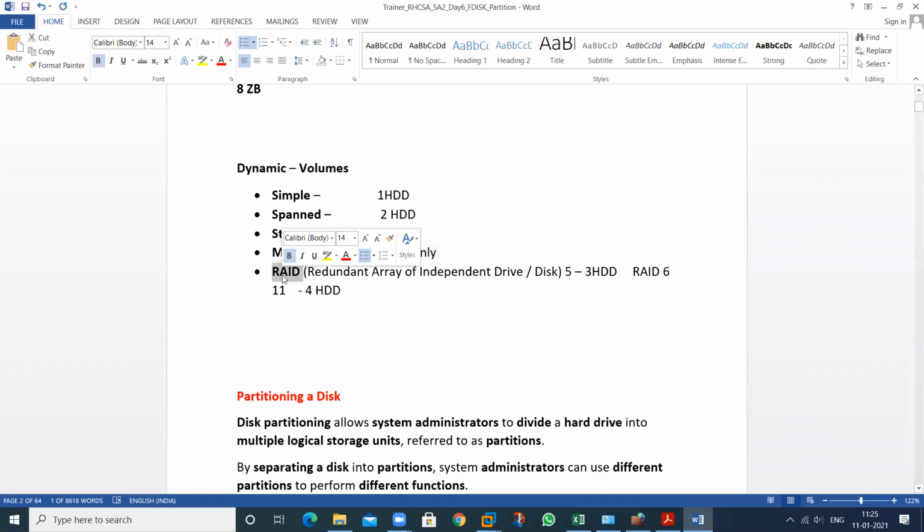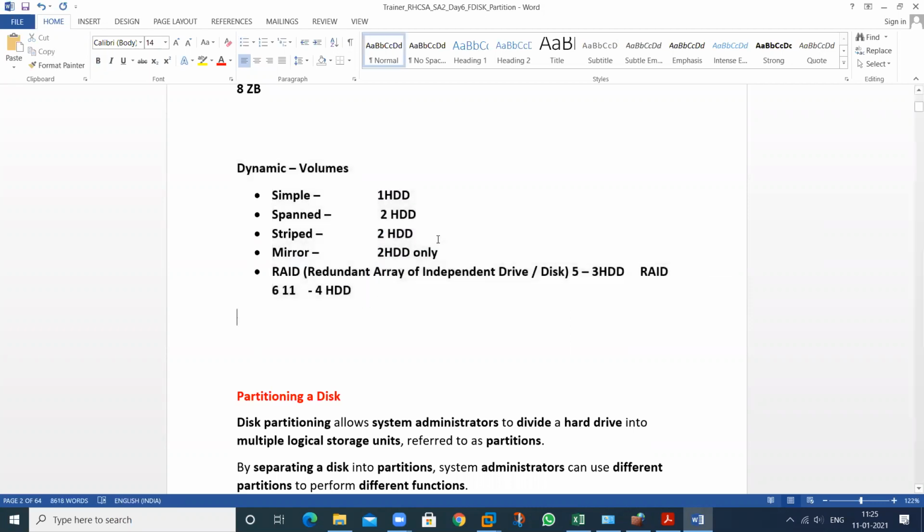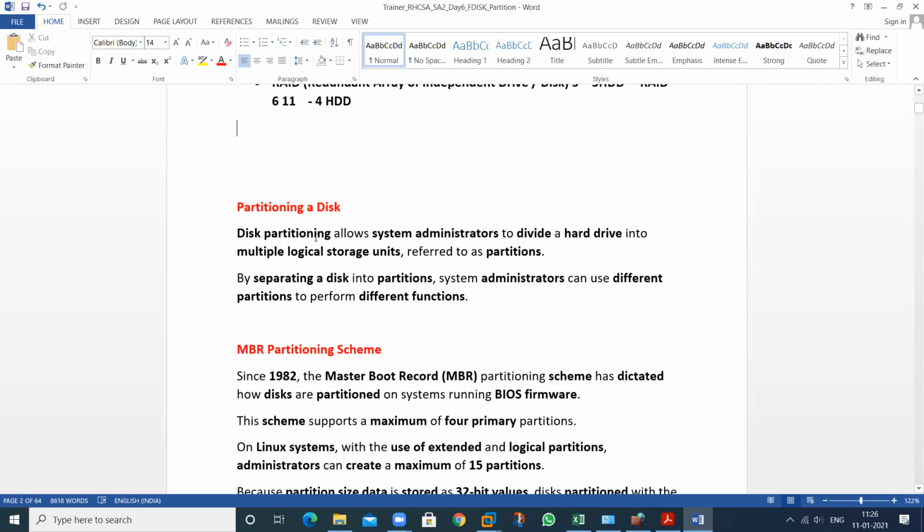In RAID, there are different types of functionality. We can use RAID 5, we can use RAID 6 also, and we can also use RAID 1. It requires a minimum of 4 hard disks. This functionality also works in Linux, the same way. But this is from the company perspective. It means it is used in a company environment, not for home users. So in this we have 2 functionality.